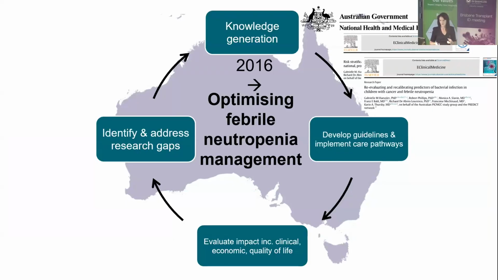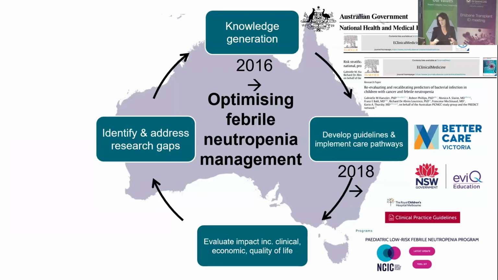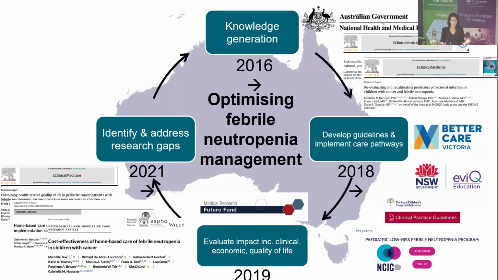Starting in 2016 was really very much just trying to understand what was happening across the country. We used that information, and I'll talk you through this as well, to develop guidelines and implement care pathways, and using all of that information and building on the data that we collected in that knowledge generation phase, we implemented low-risk care pathways and evaluated the impact of those. And like with any good research project, you get more questions at the end than answers, and that